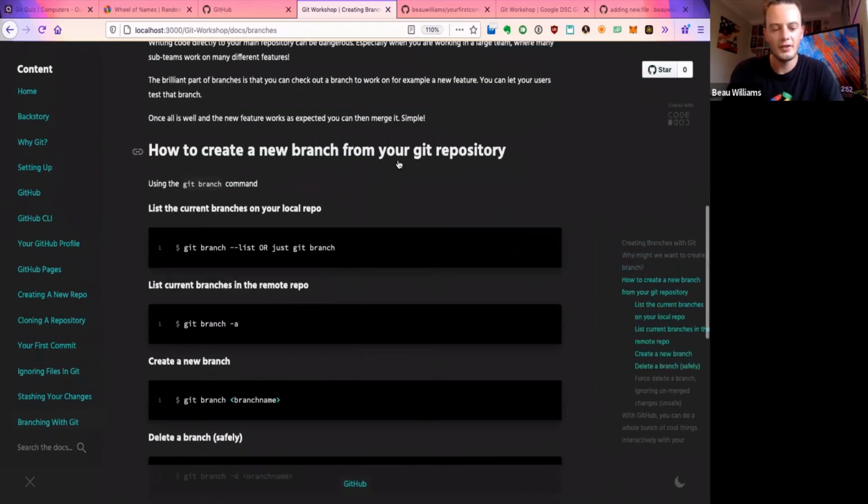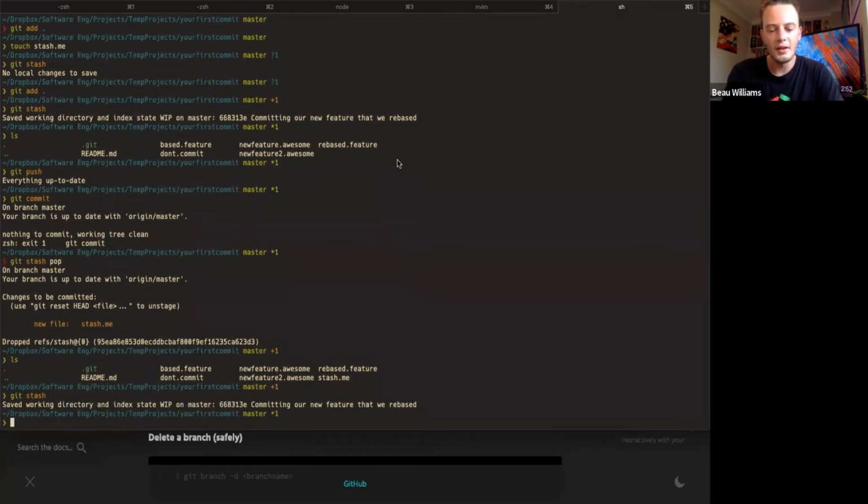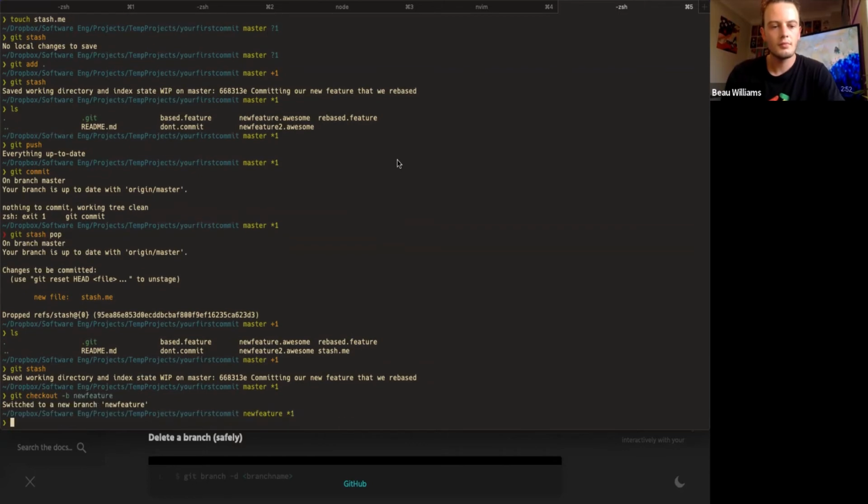So how do we create a new branch? Well, let's go and create one in our repository. I'm going to go git stash to stash that change, and now I'm going to do git branch, and I'm actually going to use a shorthand way of doing it. This basically creates a branch and checks it out at the same time. I'm going to go git checkout -b, and then we're going to go new-feature. That's what we're going to call our branch. All right, fantastic. So we've got a new feature branch, and we're automatically running the new feature branch.